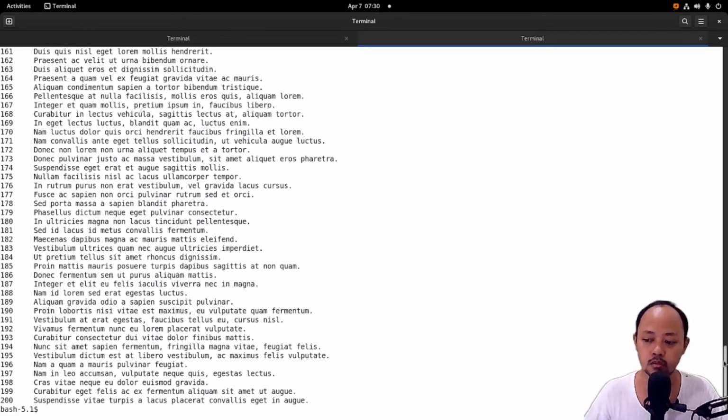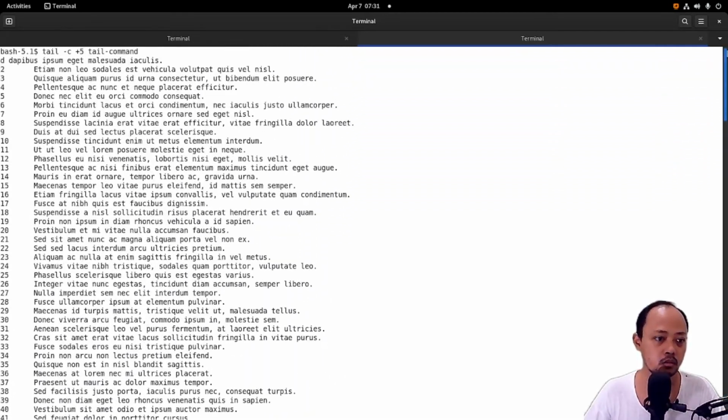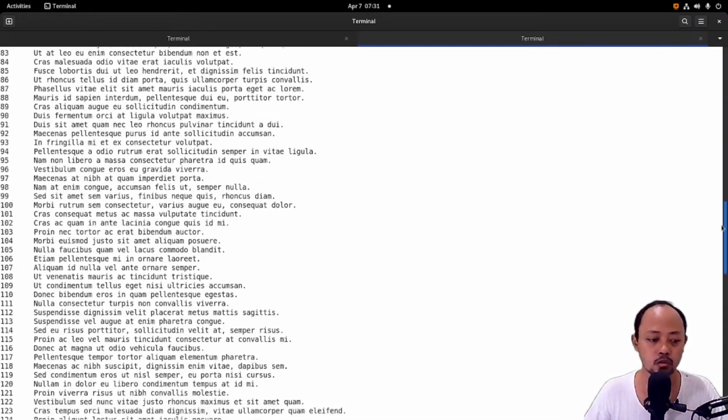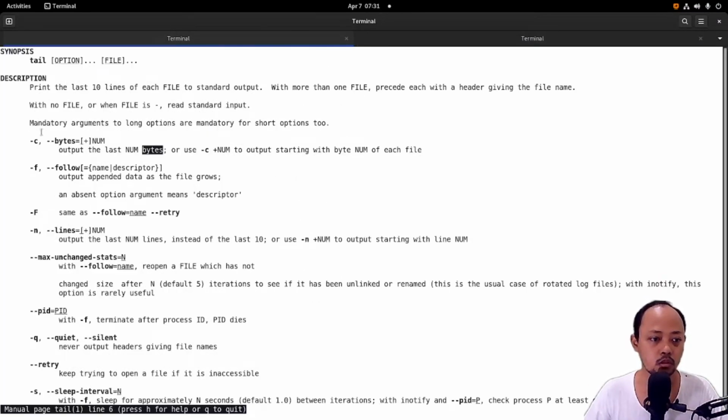Still, the output produces so many lines. I don't know how to use this option.